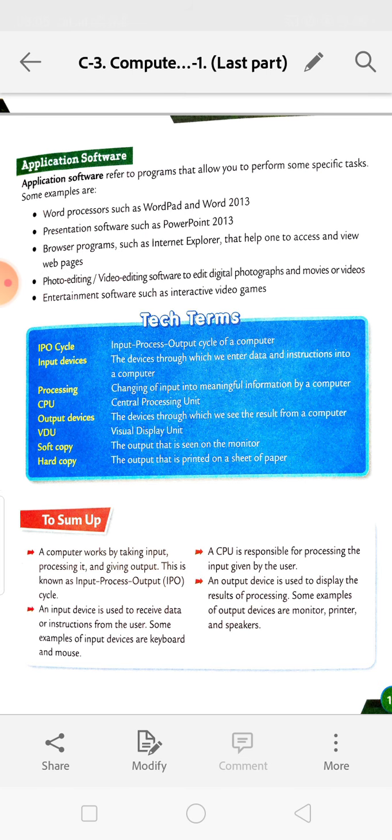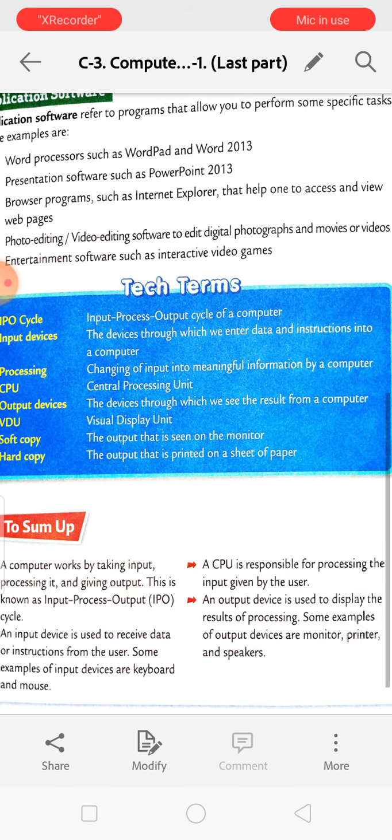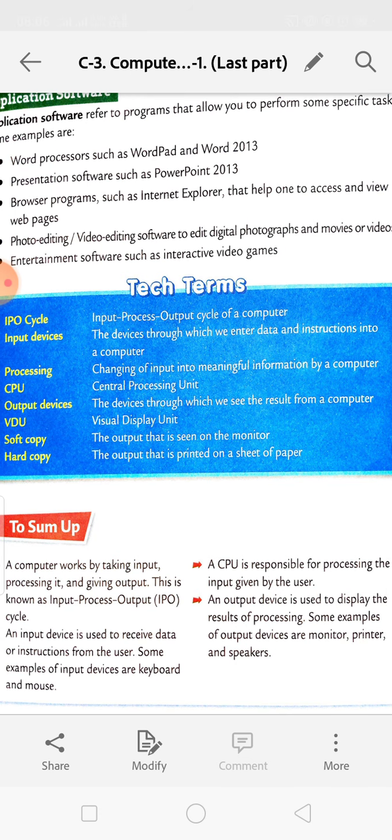This one you will read. Take terms, short questions will come from here. IPO cycle: input processing output cycle of a computer. Input devices: the devices through which we enter data and instructions into a computer. Processing means changing of input into meaningful information by a computer.